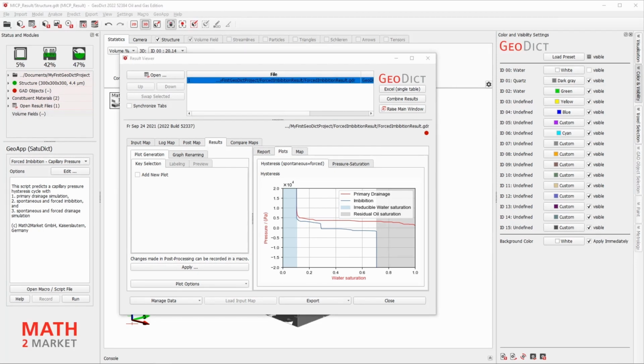The irreducible water saturation is colored blue here in this region to the left of the plot, as well as a residual oil saturation to the right. Close the result viewer by clicking Close.